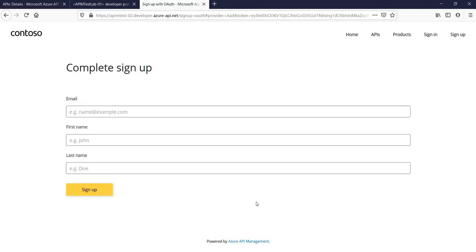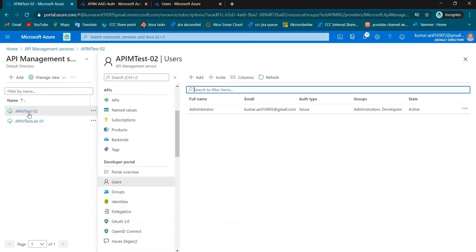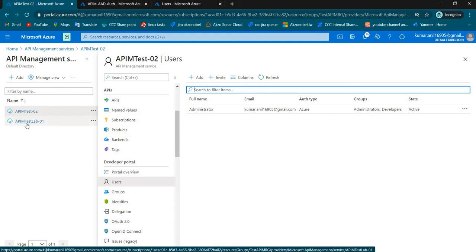Why? Because even though the Active Directory ID is the same and the credentials are the same, it is still asking us to register. If you have multiple APIM instances, each identity under an APIM instance will be treated differently.